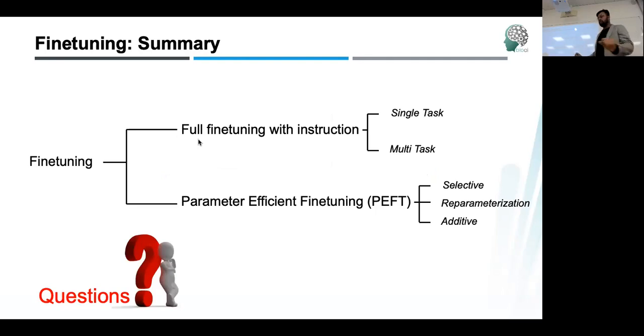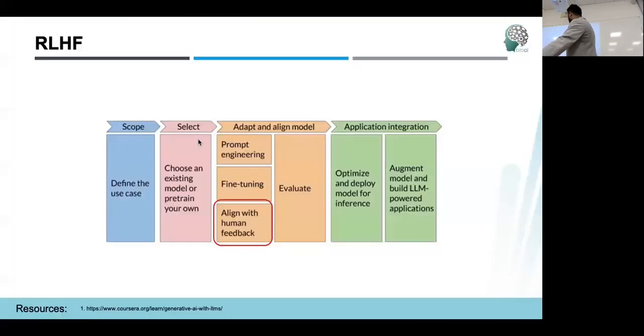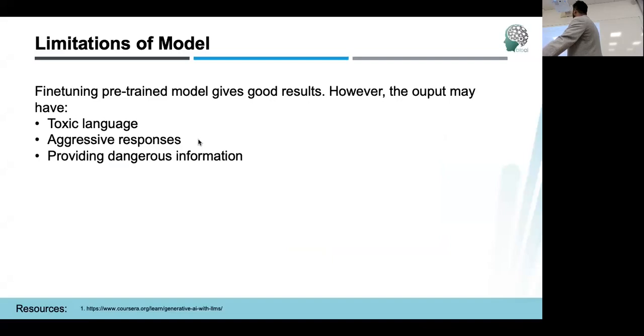So the last thing is reinforcement learning with human feedback, the last part of aligning your model. Your fine-tuned pre-trained model is giving you really good results, but it will have toxic language and aggressive responses. It may provide dangerous information. So if you want to use these systems in society, you have to make sure that these things are